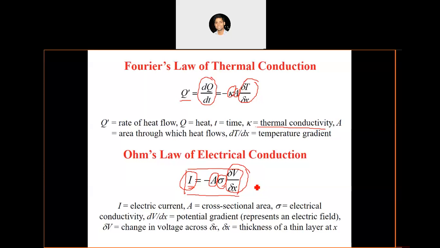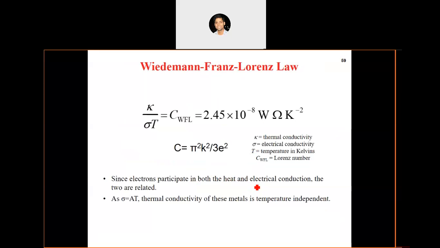So because of this parallel nature, as well as electrons participating in both the electrical conductivity as well as thermal conductivity, for metals we have a definite relationship between electrical conductivity and thermal conductivity. The ratio of thermal conductivity and sigma T is a constant. This constant is known as the Lorentz number, and the value of the Lorentz number is, this is the expression for that, and when you calculate, it will come out to be 2.45 into 10 to the power minus 8. This relationship is only for the metals. We should remember that, and that is happening because electrons are participating in both electrical conduction as well as thermal conduction. All right,